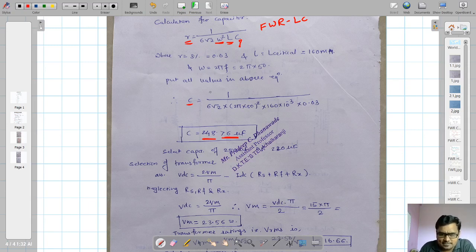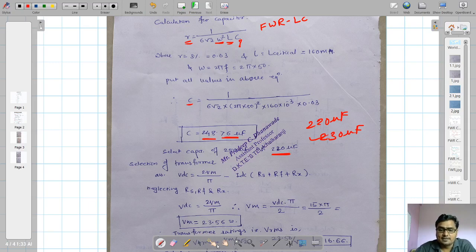Now I'm getting the value of the capacitor as 248.76 microfarad. So a 248 microfarad capacitor is not available in the market, and you need to check on that. That's why I'm telling you to search for it. This is called market survey. Now 248 is not available. I will use either 220 microfarad, which I have written here. Even 230 microfarad is also available. 250 is not available, so I'm using 230 microfarad. This is the value of the capacitor.